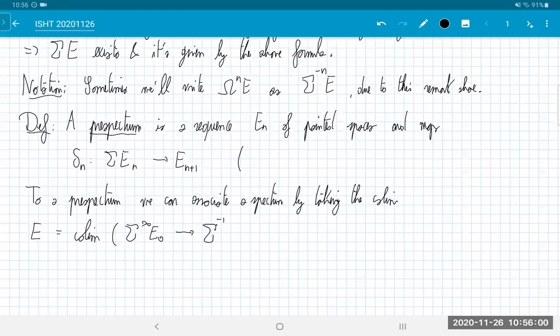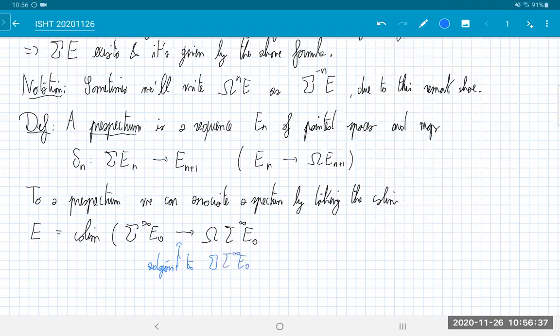So, observation, this is the same thing as a map from En to omega En plus 1, but I'm not going to ask that this is an equivalence. It's just going to be a map. So this is sigma, let me write it like this. Omega sigma infinity E0. And this map is adjoint to sigma,